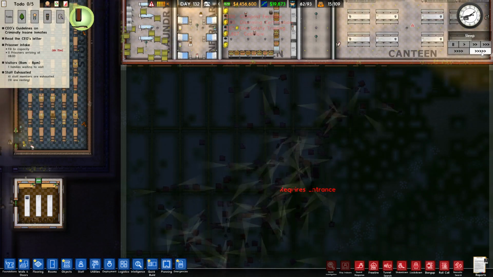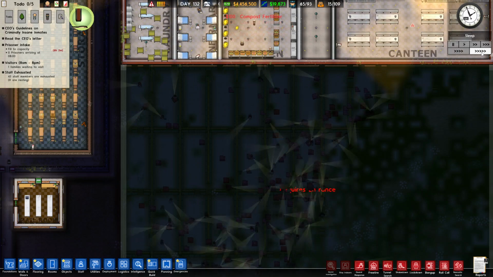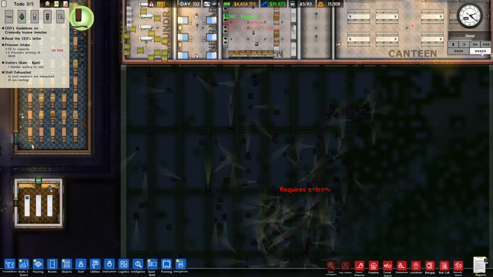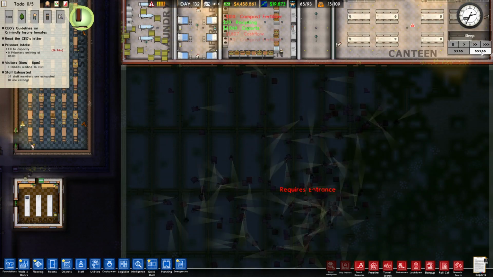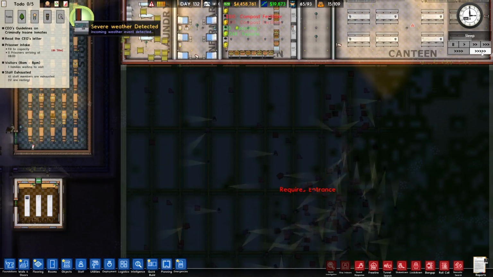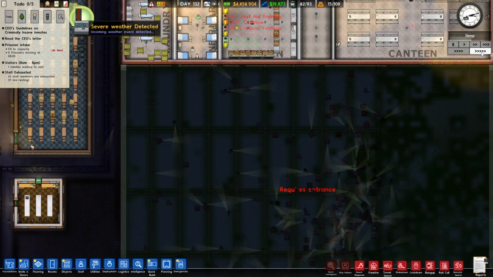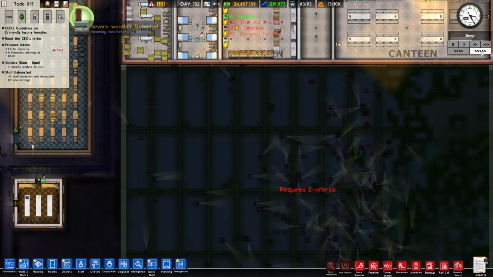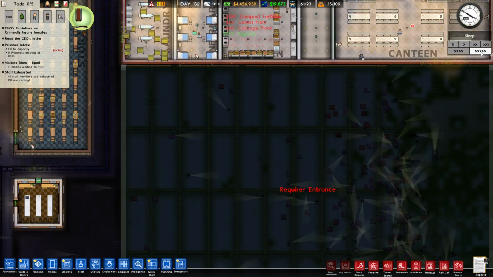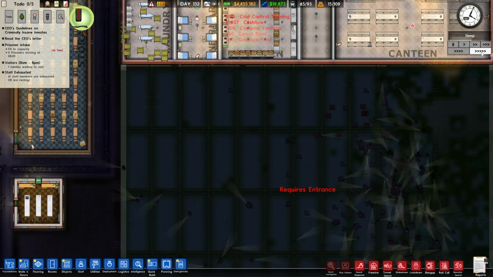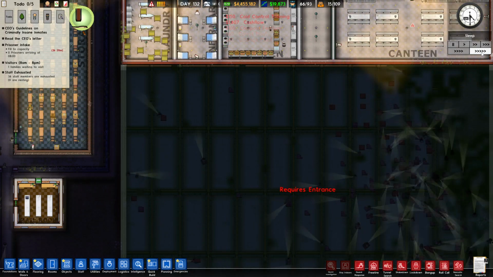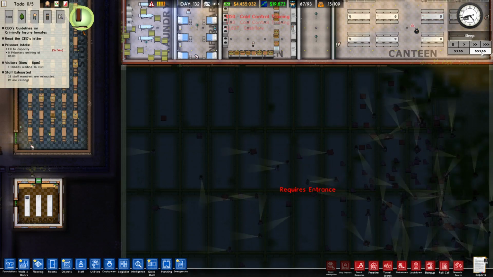However, if you do the minimum size, you will find that your prisoners might have a privacy need. Not all of them have it, but you'll find that a lot of them do. And you'll struggle to run an efficient prison if you don't do something about that. So one way is to obviously build cells, and you can have your prisoners transferred to a cell if they have a privacy need. So you go through your dormitory, find which prisoners have a privacy need, and then transfer